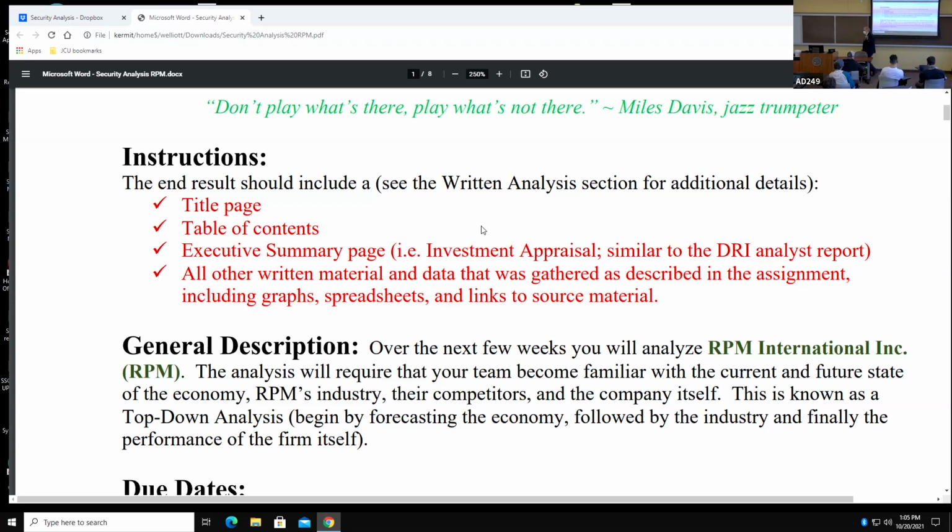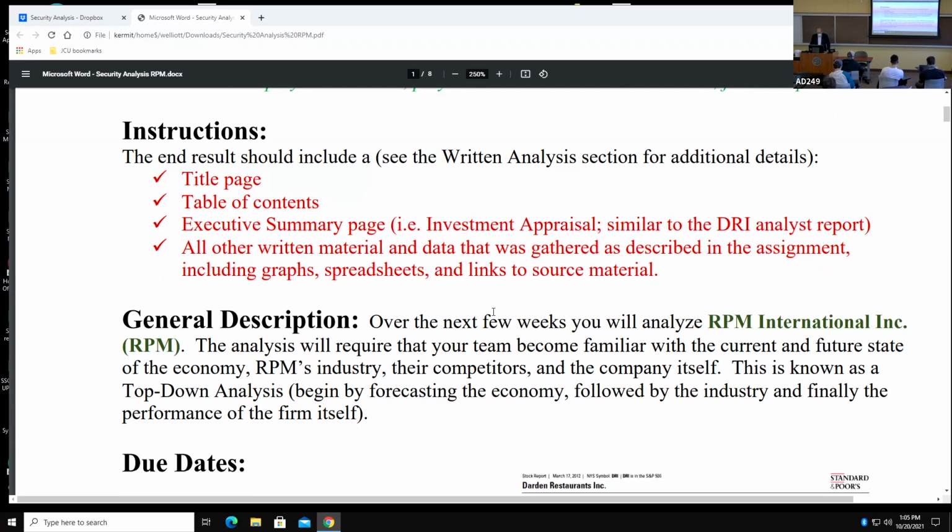So the written document is to be turned in the day before we have the in-class debate, and that is the last class of the semester. The in-class debate is basically all of the teams defending the recommendation for RPM International. All right, so